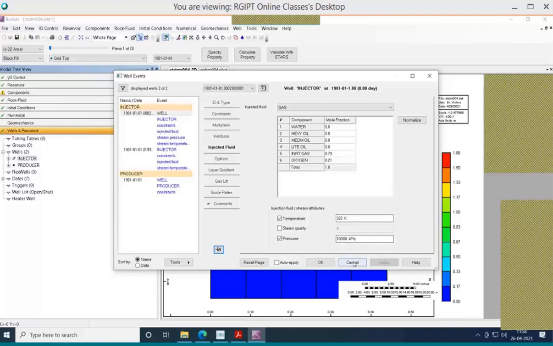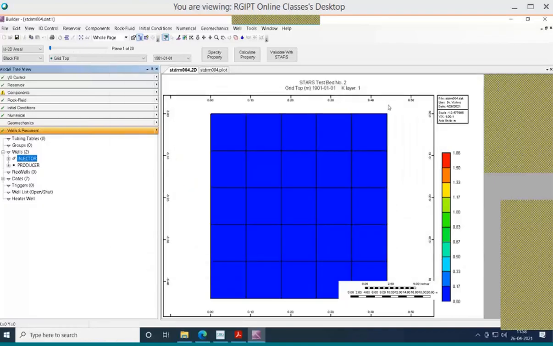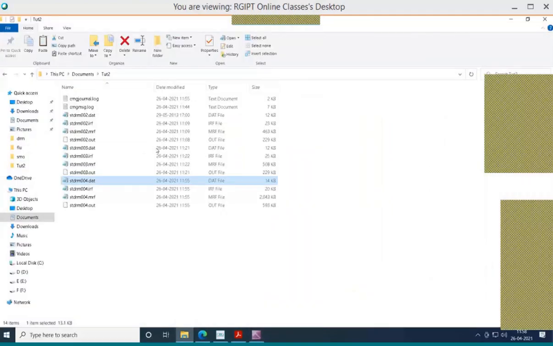And also one more thing, I will show you while you're using CMG. You should always check the files. There are plenty of sample files available in CMG. Almost whatever problems you can encounter in real cases and at lab scale, sample files are available in CMG.